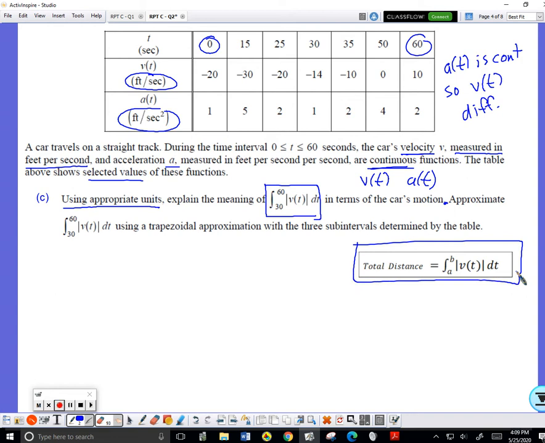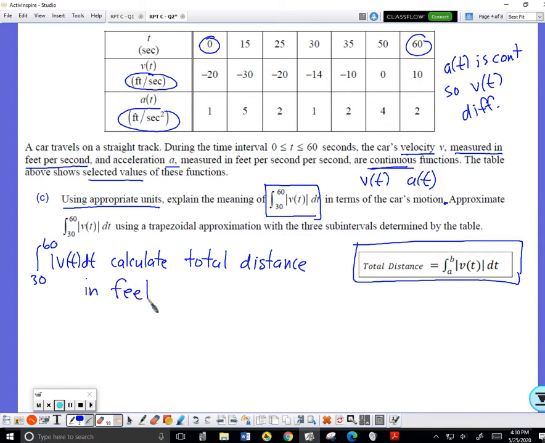So we say the integral from 30 to 60 of the absolute value of v calculates total distance, got to remember units, in feet traveled by the car